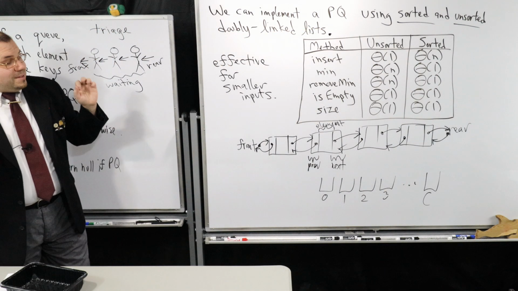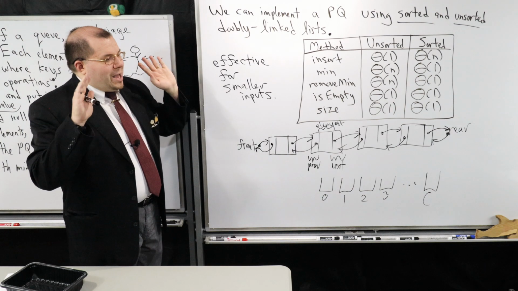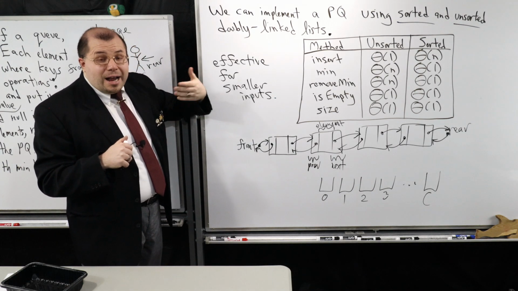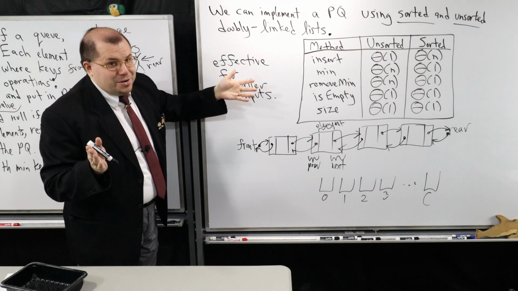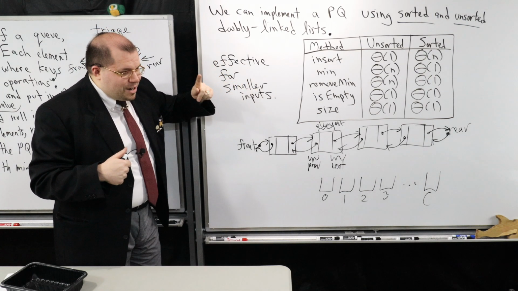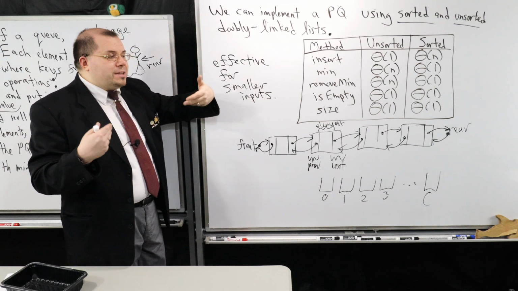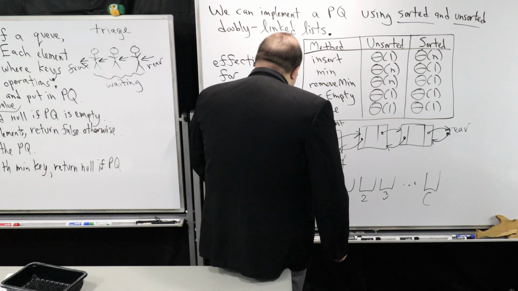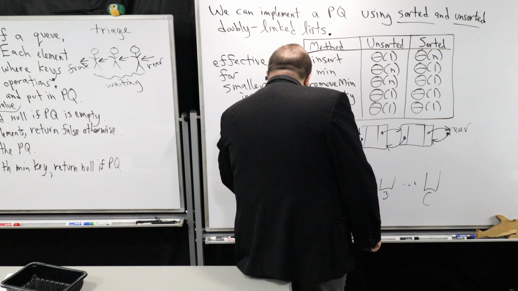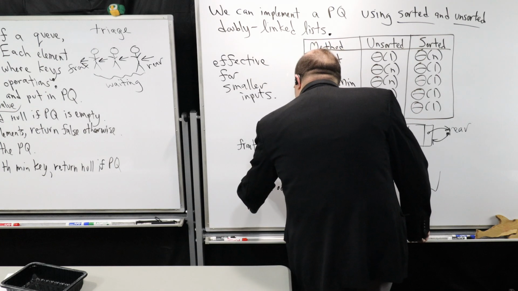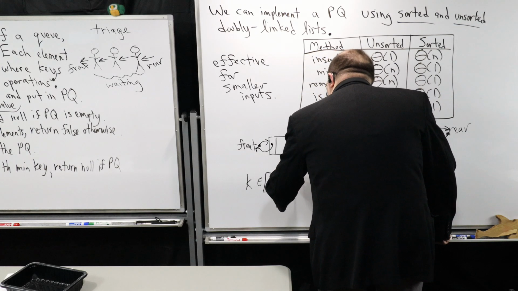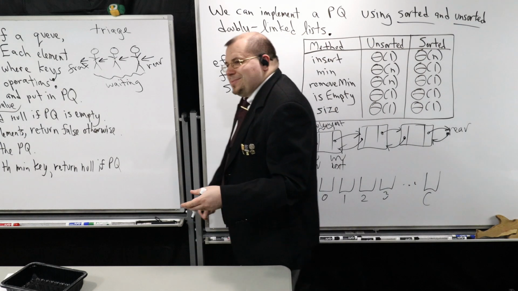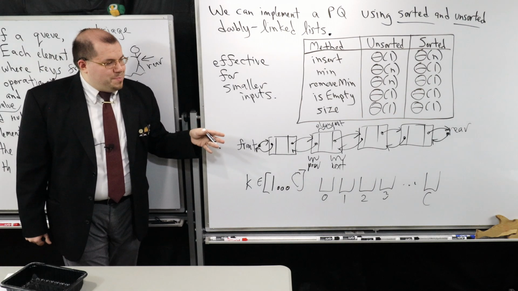Yeah, no, wonderful. So that's a very interesting suggestion. Now, I like that suggestion, but I will tell you one thing that might be a bit of an issue for us. It depends highly on the maximum value a priority can have. If I know that the priorities, these k values, are in an interval that goes between, say, 1 through, we'll call it capital C, and you know C is not very big,